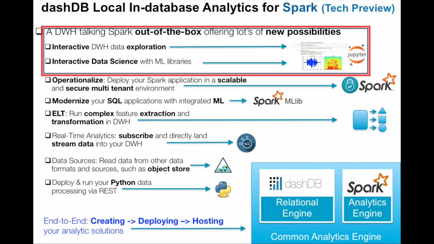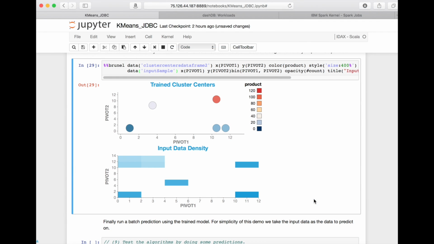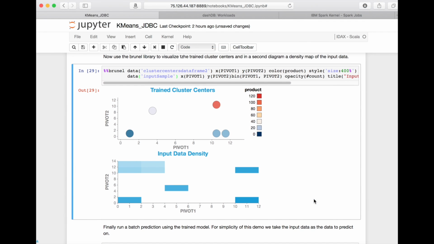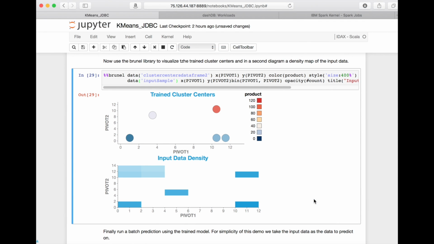Our goal is to use Apache Spark and its scalable framework and libraries in order to create such an interactive notebook with visual elements that we can see here, in order to analyze and visualize insights and data in dashDB. While Apache Spark is part of the dashDB local container itself, the notebook server is not,